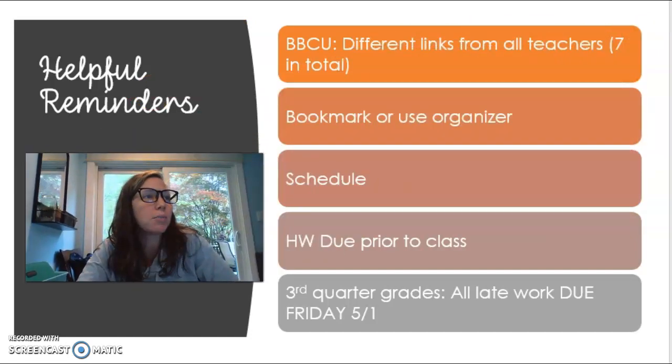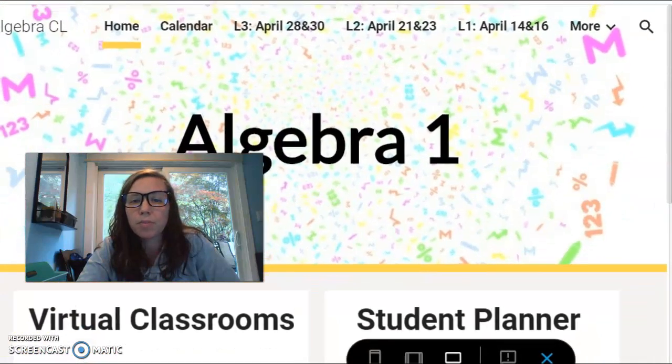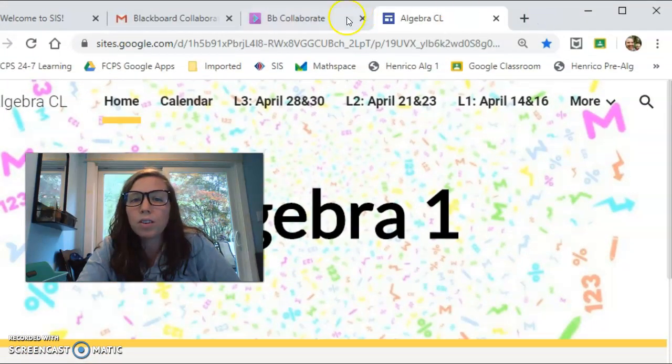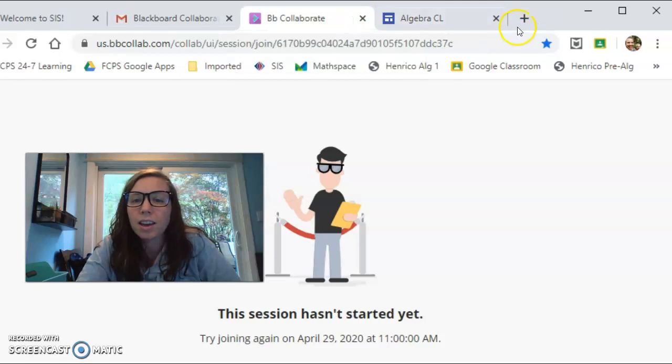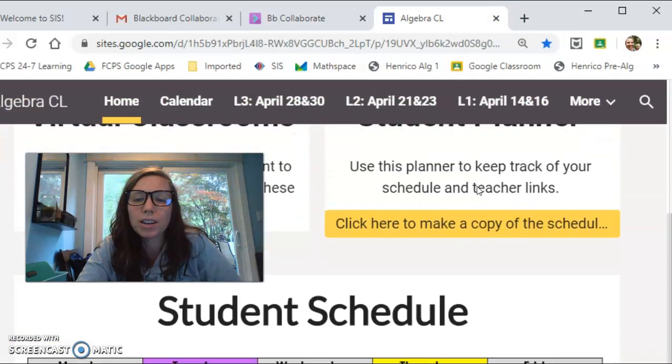Another thing is there's 2 options for this. I would either bookmark this, especially if you're using Chrome. When you get on to the session, you can hit this little star button on Chrome and it'll bookmark your tab for you, so you don't have to keep trying to find an email. Another alternative is on the website, on pre-algebra and algebra.